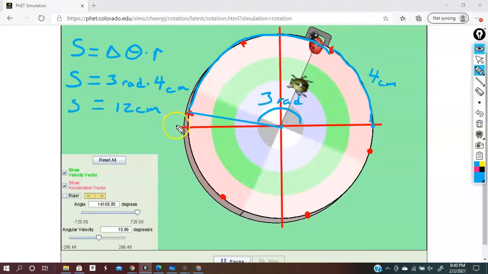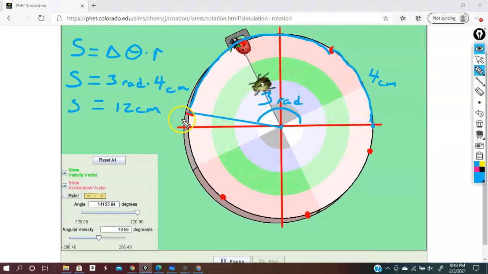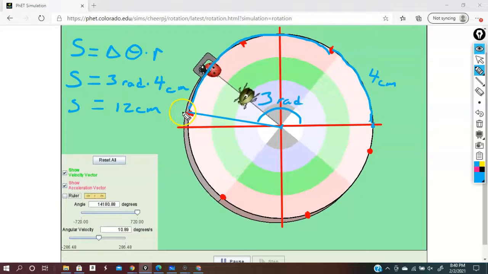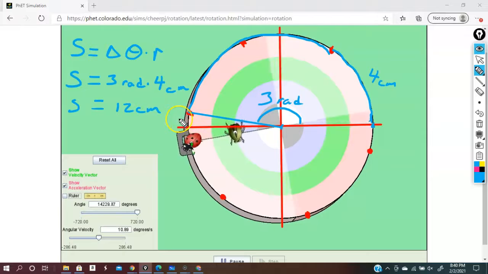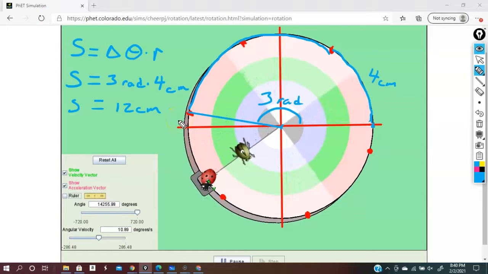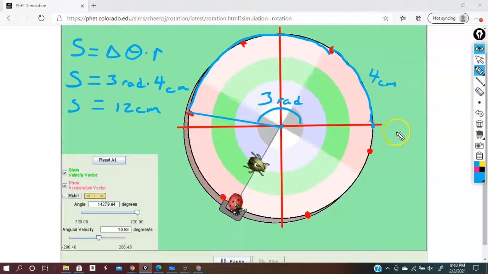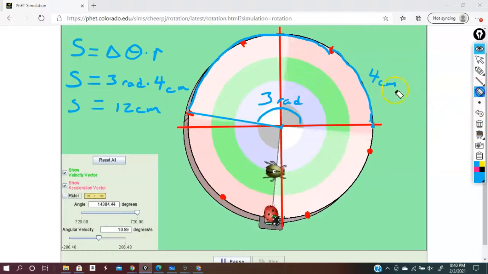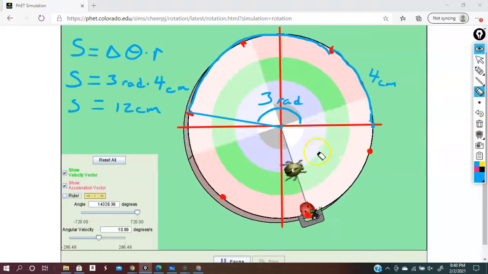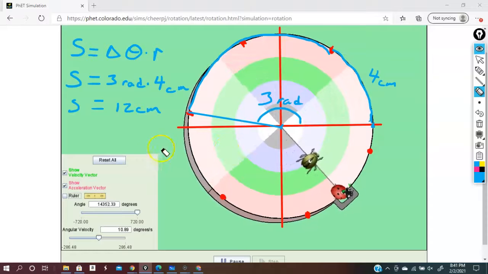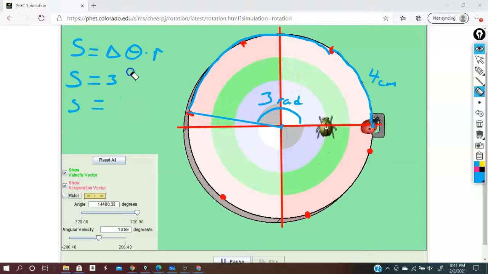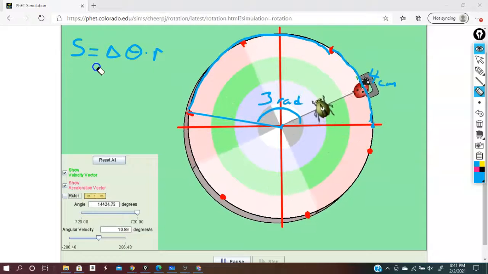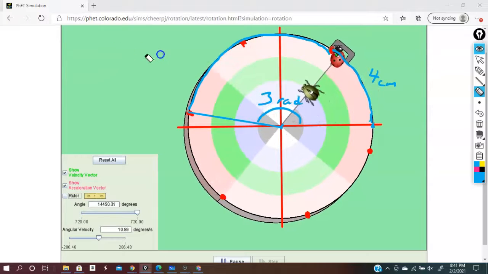centimeters. A lot of times you travel 3.5 radians or 2.78 radians or who knows. It doesn't matter. You just take that angle in radians and multiply it by the radius, and that's the distance that you travel. That's a super convenient and easy way to convert our angular displacement, or how much of an angle we've rotated, into a distance in meters or centimeters or whatever unit you're going with. So that is one thing that we had to know, how to convert